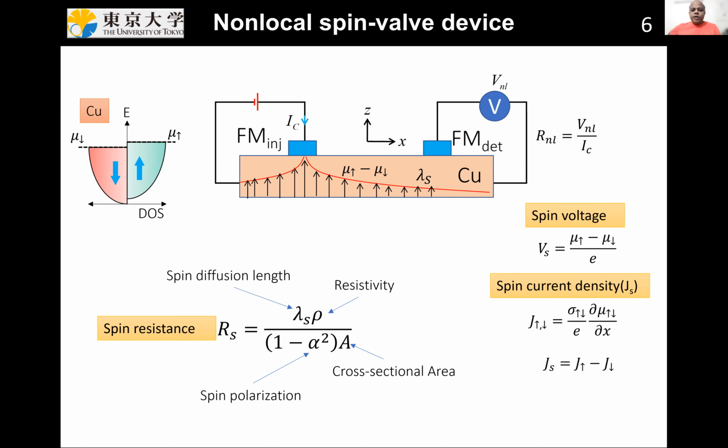We are mostly interested in metals, and we have seen copper, silver, and aluminum. The spin diffusion length is very, very large, usually up to microns at low temperatures. For most of the metals like gold and others, they have a large spin orbit coupling, so the spin diffusion length is very, very small, less than 5 nanometers. Particularly gold is slightly higher, but platinum is around 5 nanometers. So it is mostly determined by the spin orbit coupling strength of the materials.